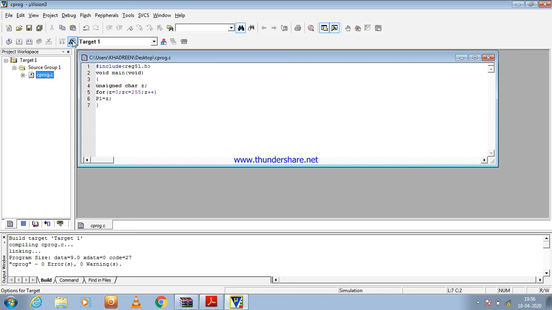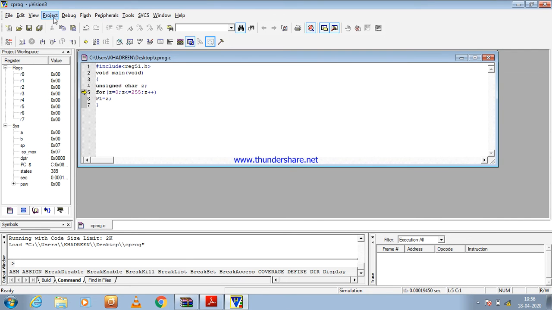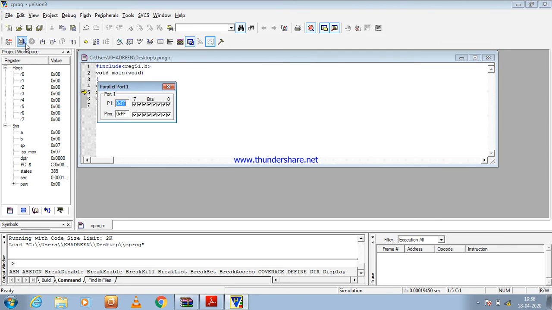But in Proteus, after that you have to have this option, which is called option for target. But let's see what happens if we don't go there. First of all, debug it, and when you debug it you have to choose one port. Port 1, this is stepwise initialization. I'm compiling and running it directly, and that is what I want to see in my hardware part also.